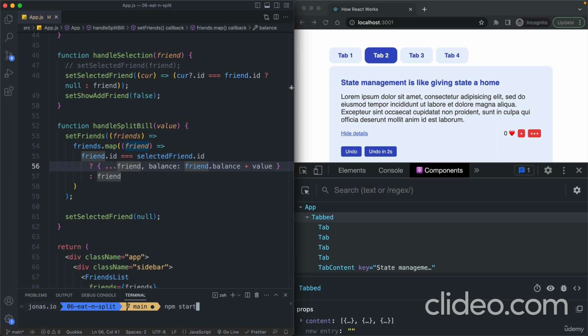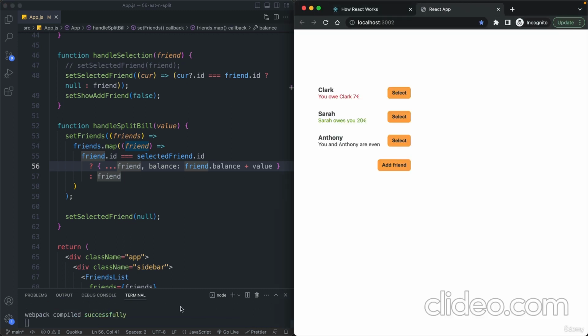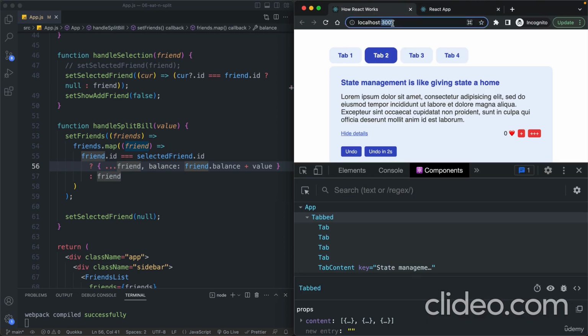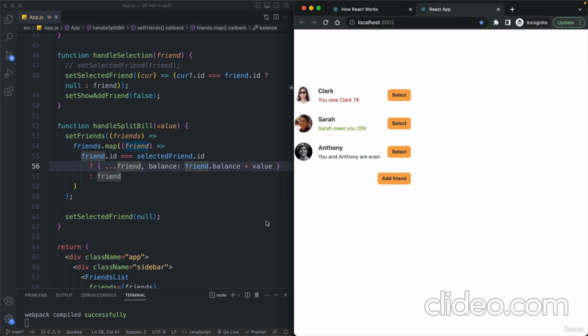So let's just write npm start, hit enter, and then it will ask you to use another port instead. And so that's simply because you're already running one app here in this other port. And of course, each port can only have one app running. So just hit enter or Y as you reach this step,